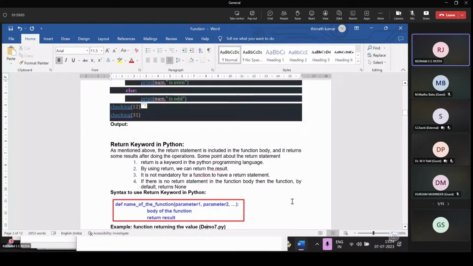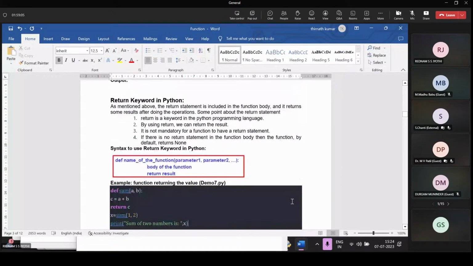The return keyword in Python. As mentioned above, the return statement is included in the function body and it returns some result after doing the operation. Some points about the return statement: return is a keyword in Python. By using return, we can return the result, and it is not mandatory for a function to have a return statement. If there is no return statement, it returns a None value.